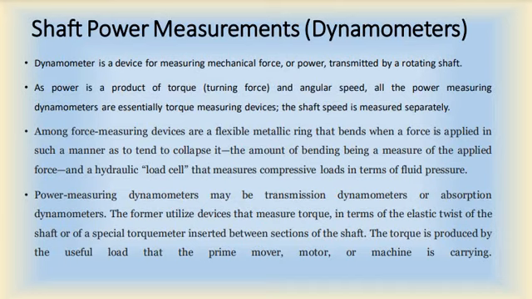The type of dynamometer employed depends somewhat on the nature of the machine that needs to be tested. Now, if the machine to be tested is a power generator, then the dynamometer must be capable of absorbing the power from the machine. That is, the dynamometer used in such cases should be a power absorber. And if the machine to be tested is a power absorber, then the shaft power measurement device that we are using should be capable of driving the machine.